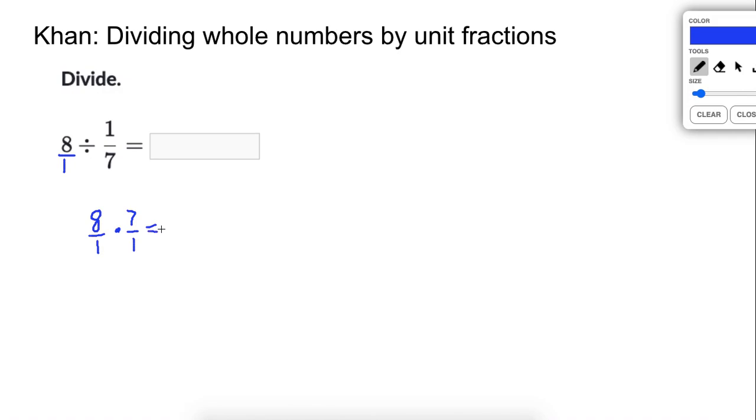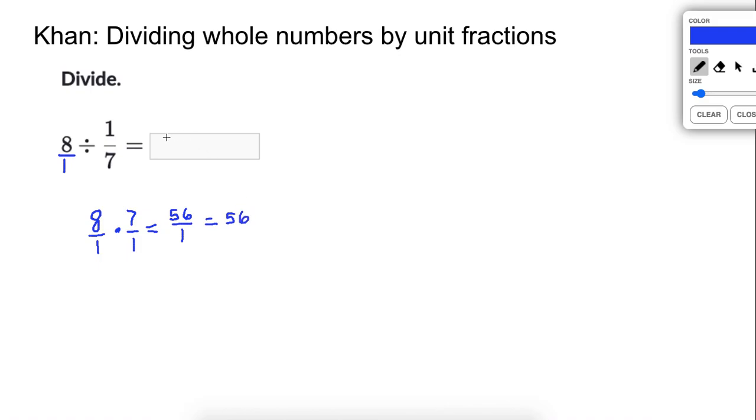We end up with just 8 times 7. Now, I know 7 times 7 is 49, so I got to add 7 more, so that would be 56. So I end up with 56 over 1, and that just equals